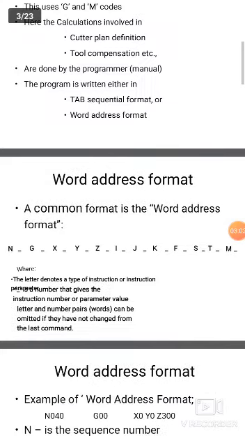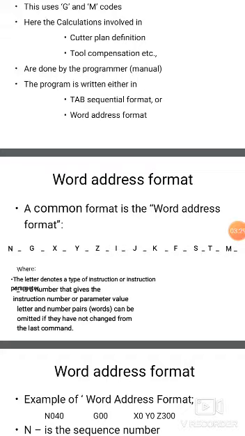We are writing now in word address format. In the word address format, we use these letters: N, G, X, Y, Z, I, J, K, L, F, S, T, M. All these letters we use for writing a program.